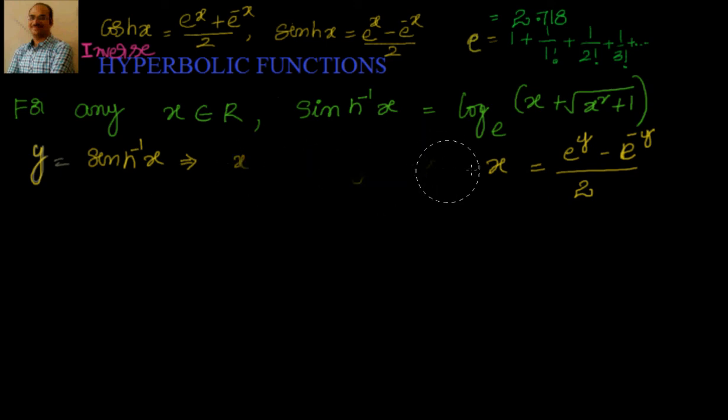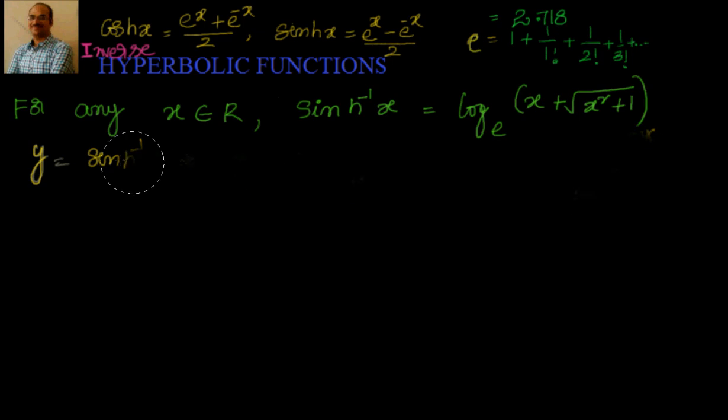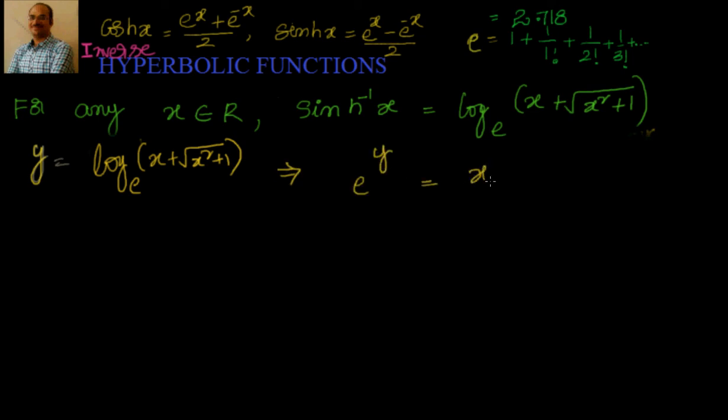sinh of y is equal to e power y minus e power minus y by 2, that is nothing but 1 by 2 into x plus square root of x square plus 1 minus e power minus y, which is 1 by e power y, that is nothing but 1 by x plus square root of x square plus 1. That's nothing but equal to 1 by 2 into,